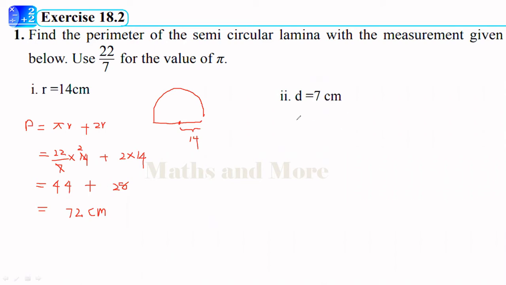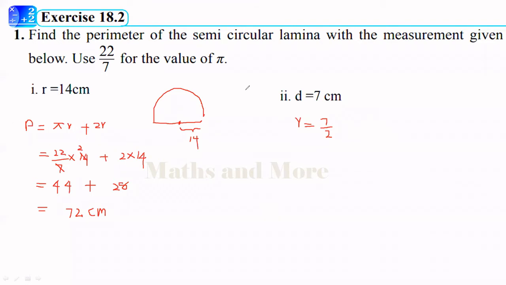Now here the diameter is given. If you want, you can use the same formula, but if the diameter is given, you can find the radius. Radius is half of that. You can use the same formula for this also. P equals 5r plus 2r. So if the diameter is 7, r is half of that, 7 over 2. If you want, you can get that as 3.5. Otherwise, keep it the same way.